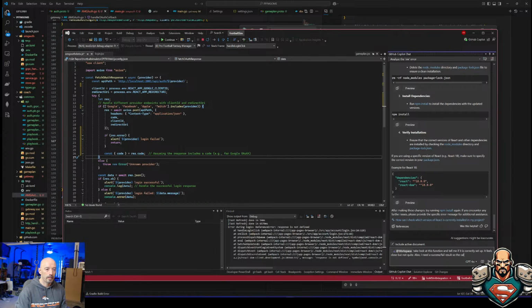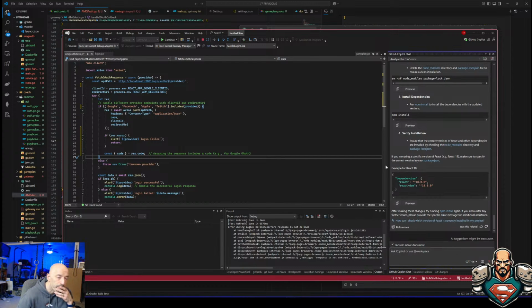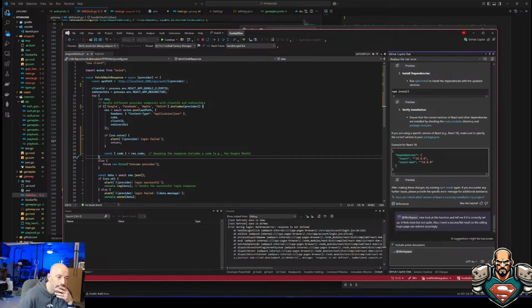So we're calling login, and the page can redirect accordingly. Let's see what it does. I'm going to try this because I feel like it's a little off. There's something amiss.